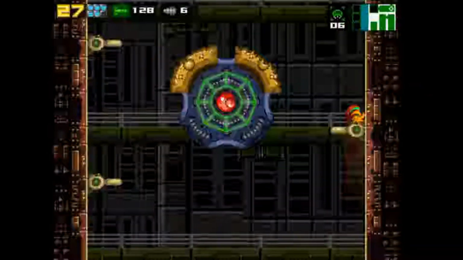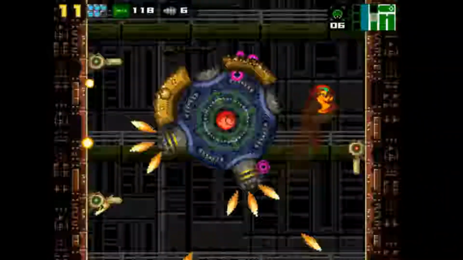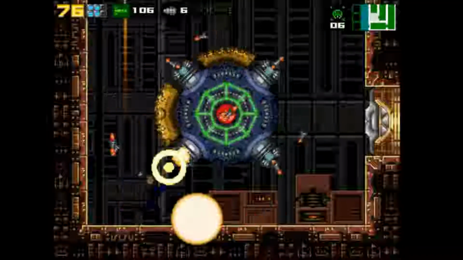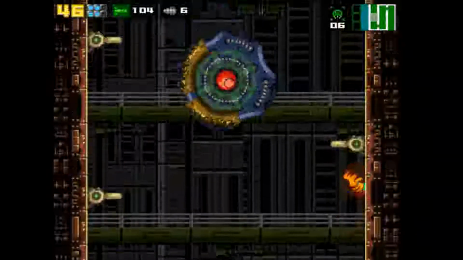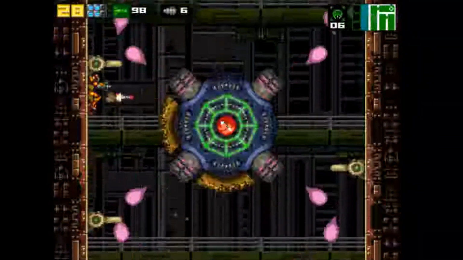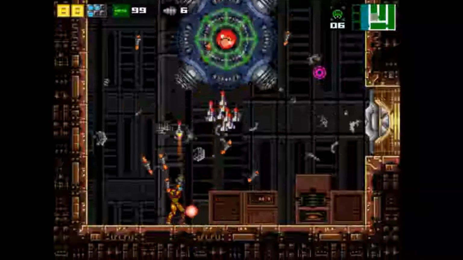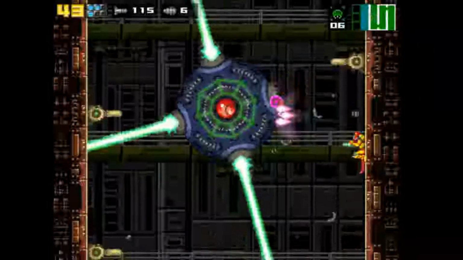When I first fought this boss, I had no idea what you had to do. But this is what you have to do. You have to destroy its outer shell, and then you can damage its core within. Then you have the wave beam. Yeah, it uses all of its weapons. Just missiles. Okay. There we go. Now he's weak to...